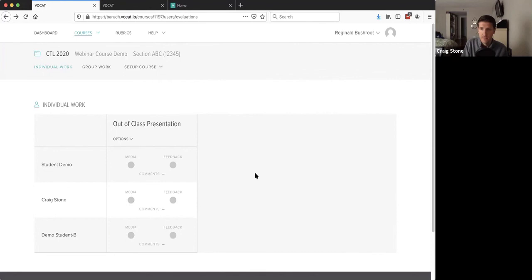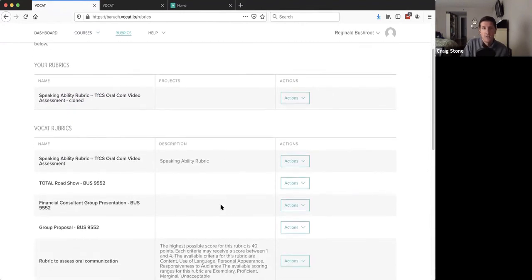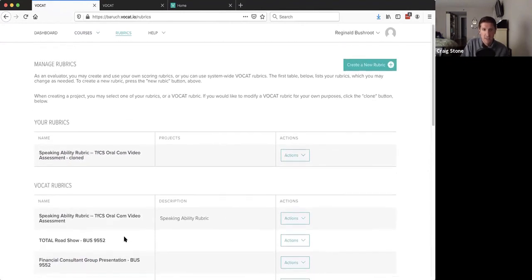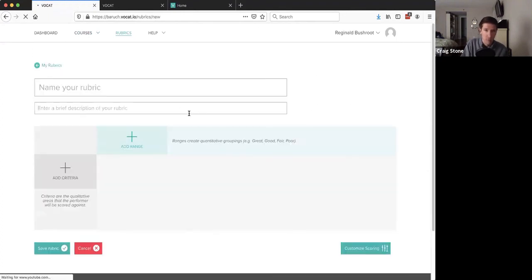Instructors, you have this rubrics option up at the top. If you've never created a rubric, you won't see anything here, but you'll see these Vocat rubrics that are system-wide rubrics that we've either put into the system or that other instructors have said it's okay to share. You can click those and see if any of them look similar to what you want. If you create a new rubric from scratch, it's going to ask you to create it from scratch, like the ranges of subpar, okay, good, and then the criteria that you're going to be grading on. And then you'll fill out